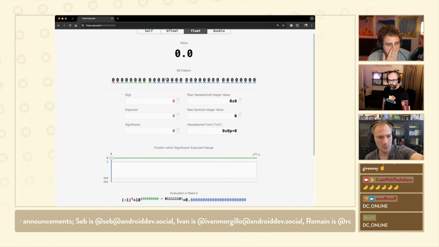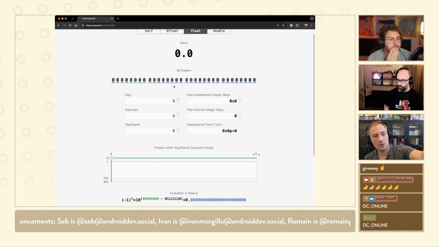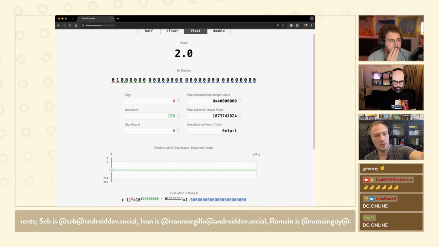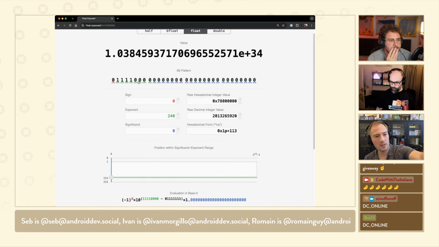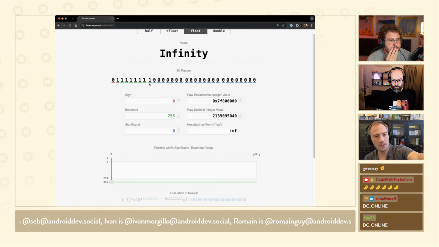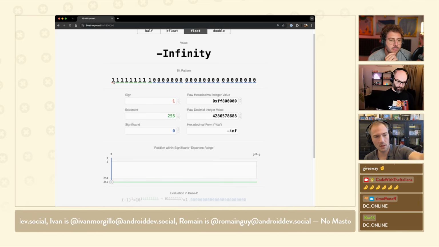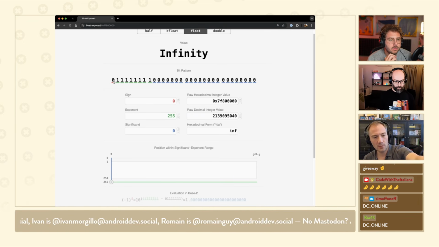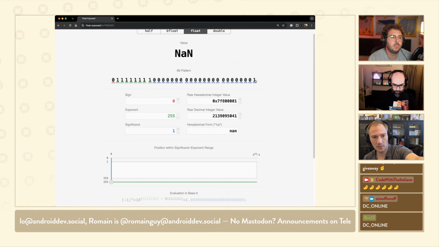We're not going to go into too much detail, but the way floats work, when the exponent is set to the maximum value, so all the bits of the exponent are set to 1, this is infinity, right? And if you flip the sign, you have plus infinity, minus infinity. Now, if you take this infinity and you set any of the remaining zeros in the significand to 1, that's a NaN. That's not a number. So there's a lot of not a number.